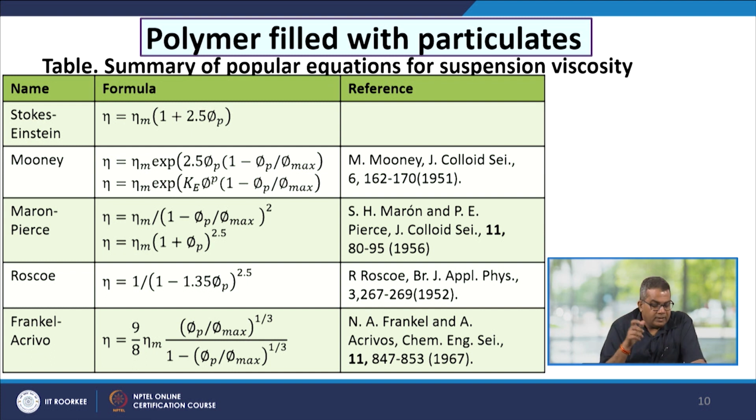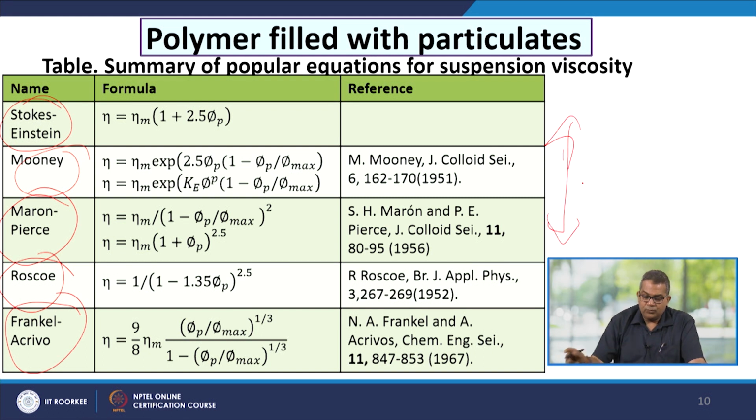suspension viscosity, like the Stokes-Einstein equation: eta is equal to eta_m into (1 plus 2.5 phi_p). Now, Mooney: eta is equal to eta_m exponential of 2.5 phi_p into (1 plus phi_p over phi_max), or eta is equal to eta_m exponential of k_e phi_p into (1 minus phi_p over phi_max). Similarly, the Maron-Pierce equation, Quemada equation, and Frankel-Acrivos equation, all these equations are enlisted for advanced study